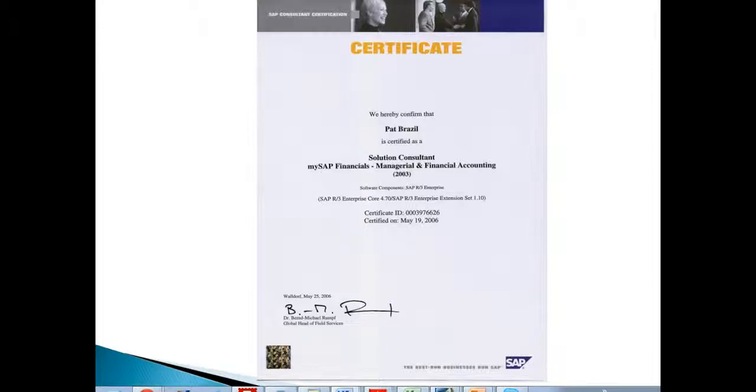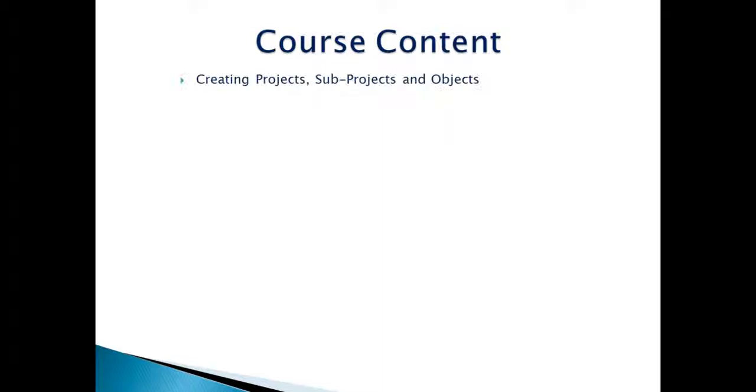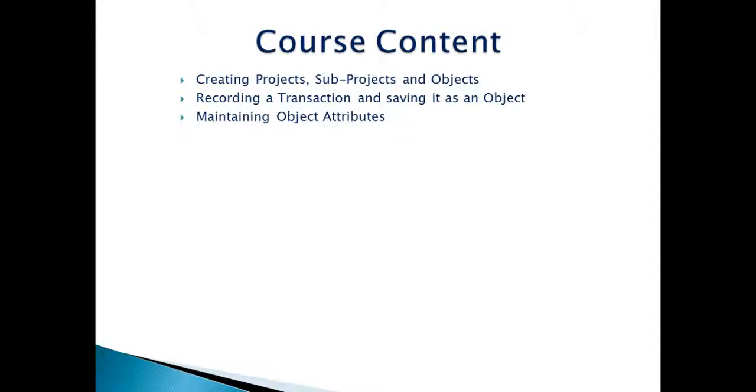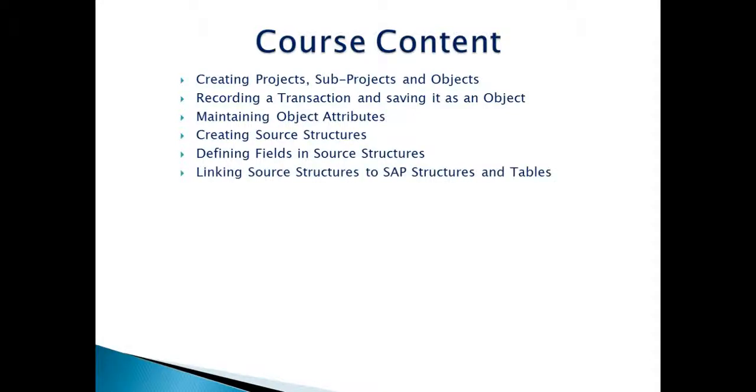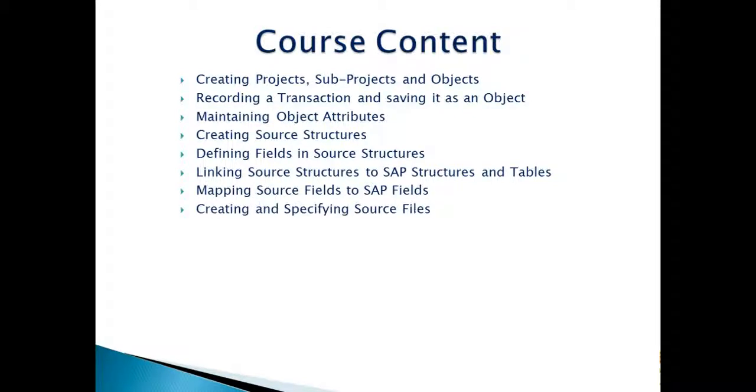Now, let's take a look at what is covered in the training course. Okay, so we're going to look at creating projects, sub-projects, and objects. Then we go to recording a transaction and saving it as an object. We will see how to maintain object attributes, create source structures, define fields in the source structures, link the source structures to the SAP structures and tables, map source fields to the SAP fields, create and specify source files,